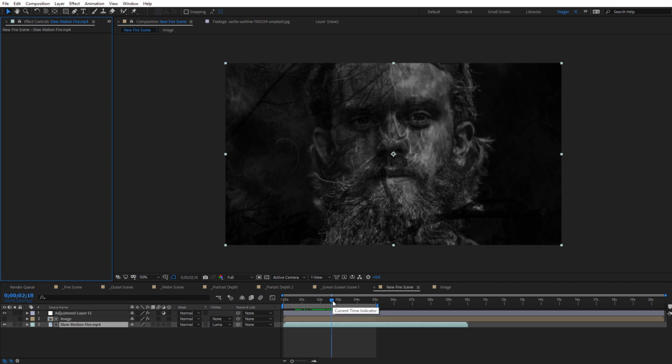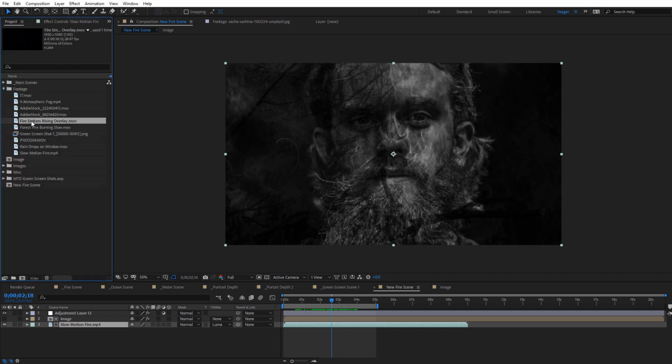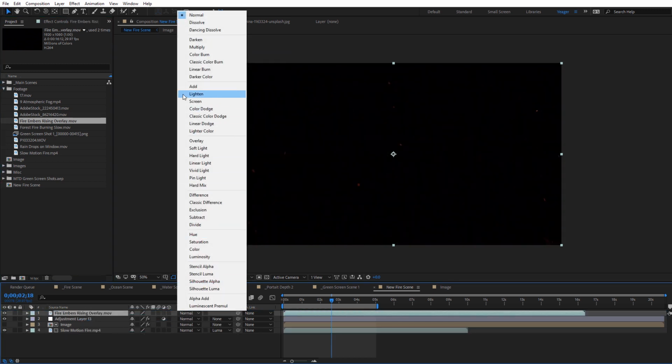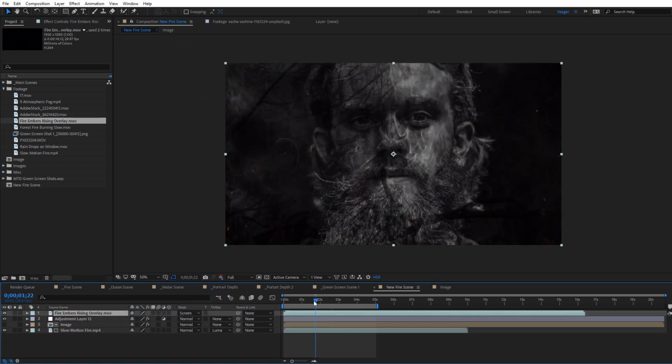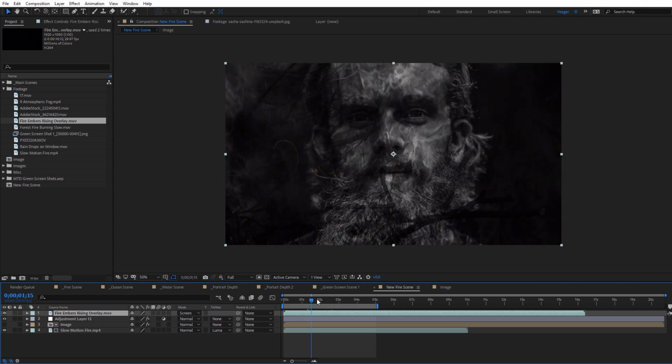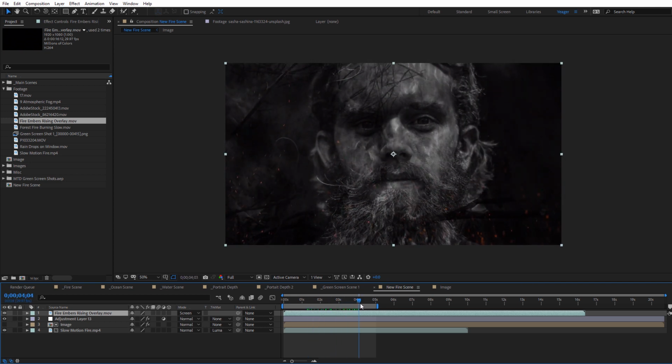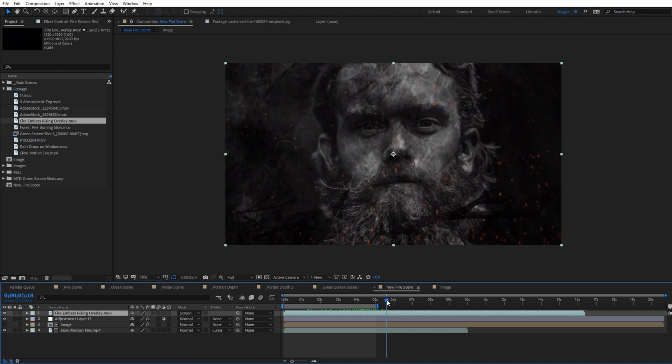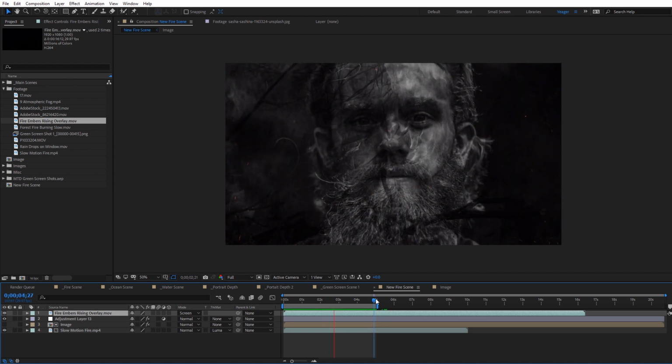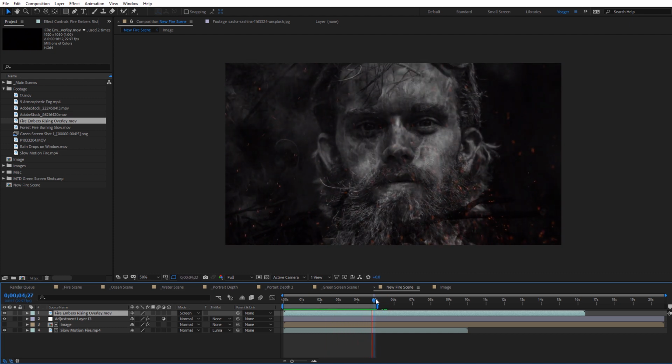And then what I did on the original scene to add a little bit more depth was I added in some fire ember footage that I have. So I'm gonna come back over here to the project, and under footage, I've got this fire embers overlay. I'll just drag and drop that in, and I set this to be a screen blending mode. And you can see it just adds a little touch of orange, and those embers coming up match well with that flame footage.